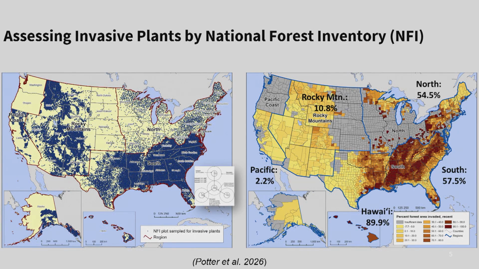This paper by Dr. Kevin Potter, just recently, looks at invasives across the nation, at where those invasives are most severe, using, I think, the 80,000 FIA plots. I think tomorrow Dr. Lisa is going to talk more in tomorrow's discussion about how the Forest Service monitors the forest inventory data and how that is applied.